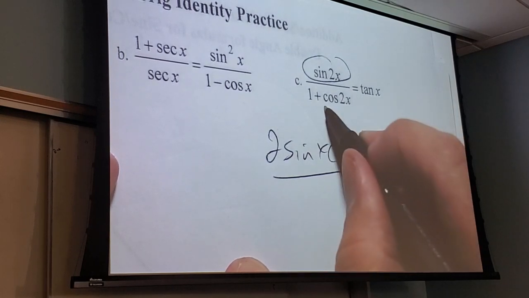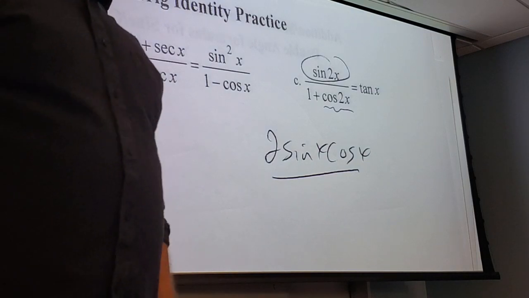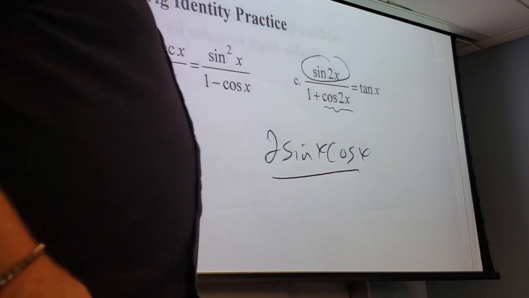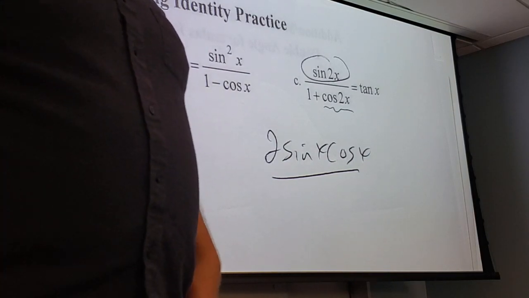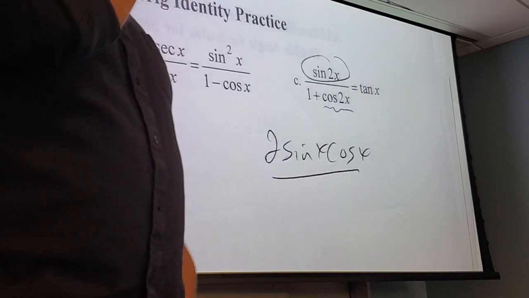Now here's the bad part. What's cosine 2x? So many things, right? What is cosine 2x? What's one option for cosine 2x? You all have your paper, you can just read off of it. What's the one option for cosine 2x? 2